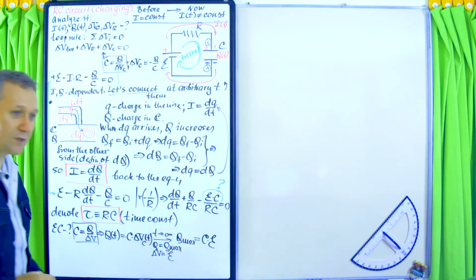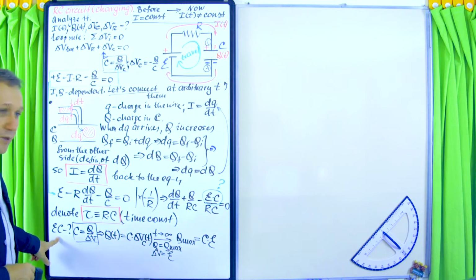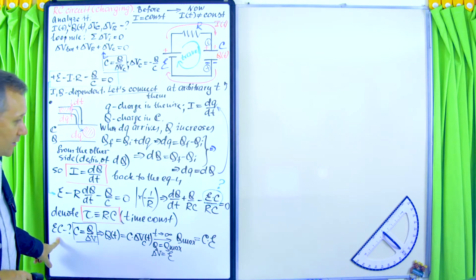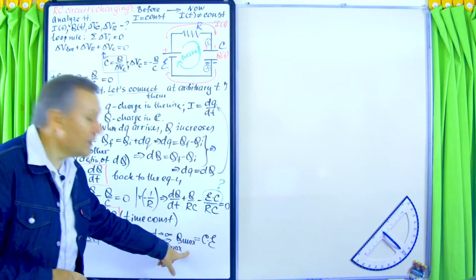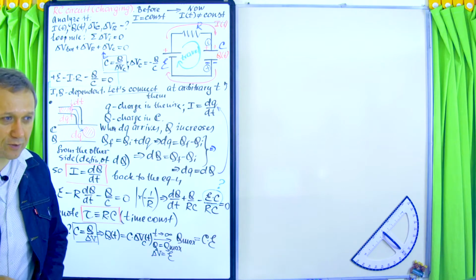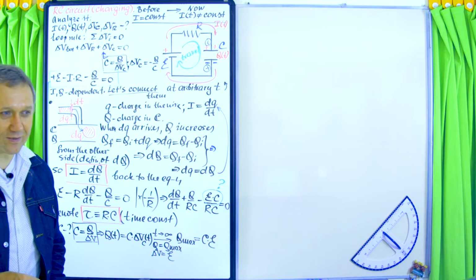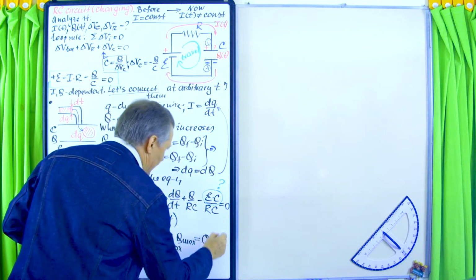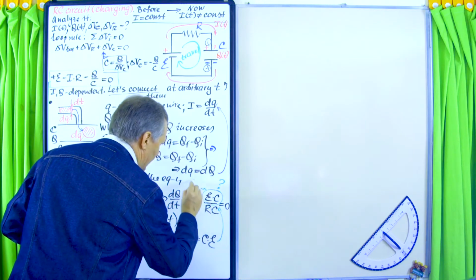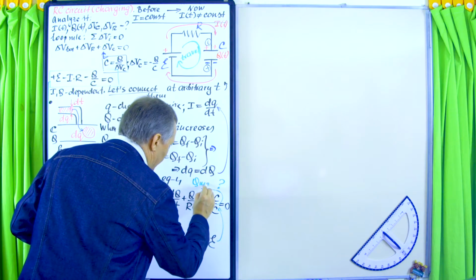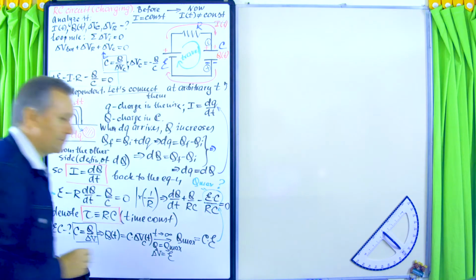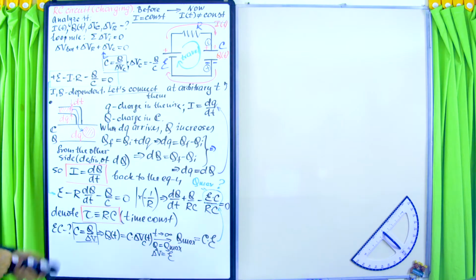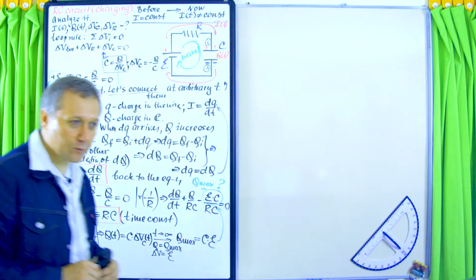So pretty much that's this constant which we're trying to identify. So EMF times C is just the maximum possible charge in the capacitor. So this is just Q max. Right. Okay, so now we are ready to write down the final form of the equation,